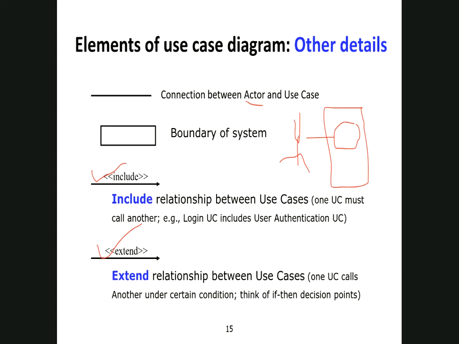Now let's understand what you mean by extend. Suppose the same car you have bought and you want to put some fog lights and some extra designing things which you will not get from the showroom. When you buy a car, then you need to go to another shop like car decors, Zenith Sayara, right? You will go there and you will buy these extra things. So extend is an example where without it the system can also exist. It is optional for you to have those items, but without that also it survives. Include means it is a part of the system, without it it cannot survive.